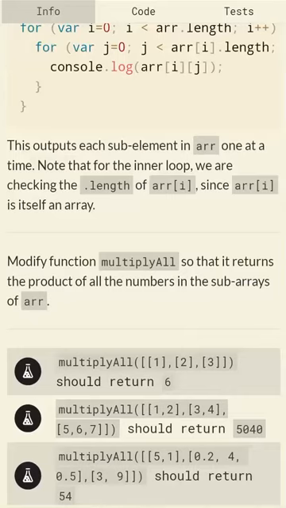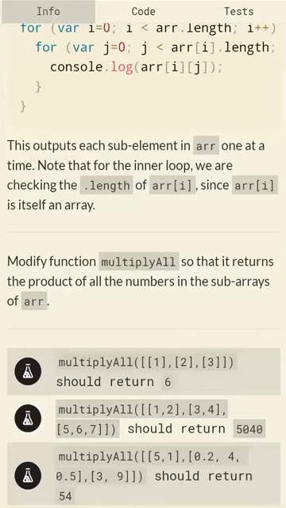So it's like your permutation, combination. Then the last one, multiply all: 5, 1, then 0.2, 4, 0.5, then 3, 9, should return 54. I've already explained the first one. The last one is quite simple if you're combining and multiplying. Each one of the numbers or elements has to be multiplied from the different indices.